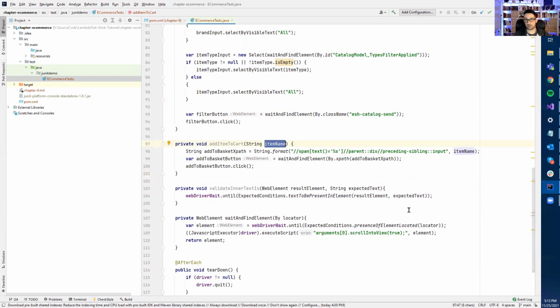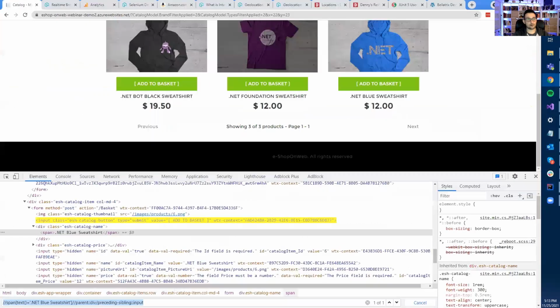We accept the item name, which is this t-shirt name or mug or whatever. Here I'm using string format, it is the same XPath that we created before. And here in the format option, we are putting the name. Then I find the button and I click it. That's it. Next, when we click add to basket,